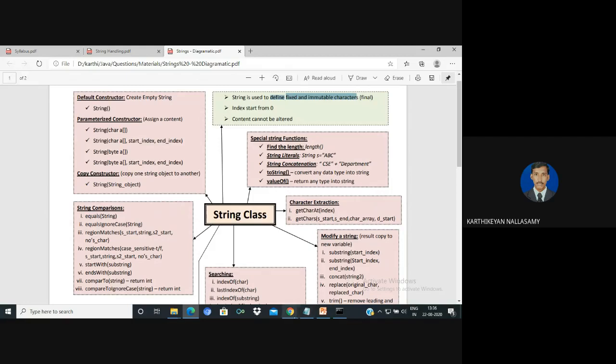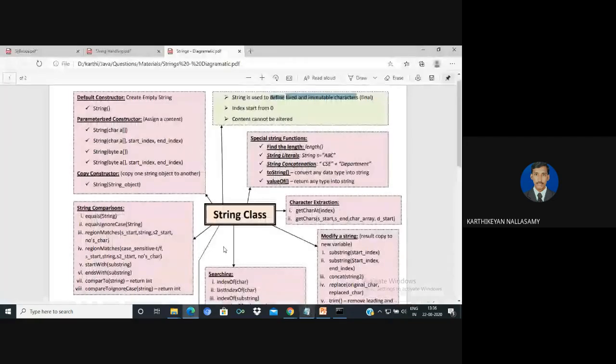Let us discuss one simple example. String is a predefined class, and there are different types of constructors for initialization of a string. There are two types: a default constructor for creating an empty string, and a parameterized constructor